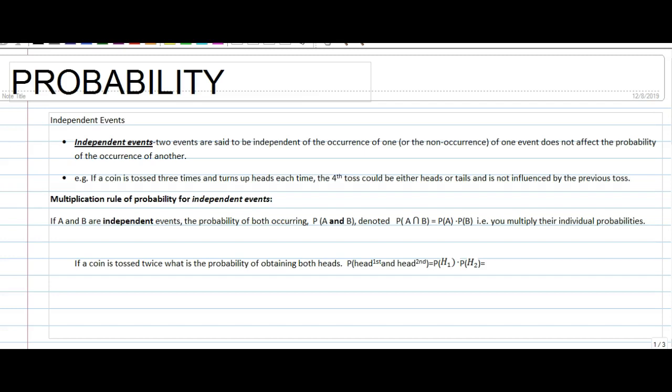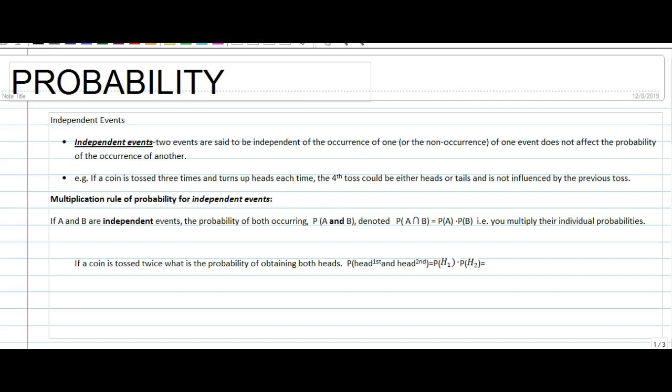Example, if I toss a coin 3 times and heads appears each time, then what is the probability of getting a head on the 4th toss? Well, just because I obtained heads on the first 3 tosses, that does not affect the probability that I'll get heads on the 4th toss. The probability that I get heads on the 4th toss is still 1/2. So what I get on the 4th toss, or the probability of what I get on the 4th toss, is not affected by what I got on the first 3 tosses. So the events are